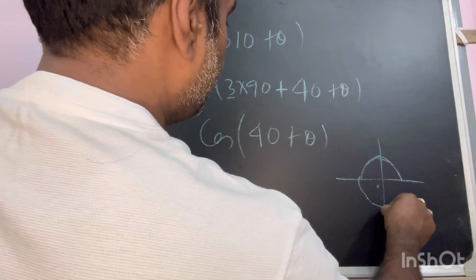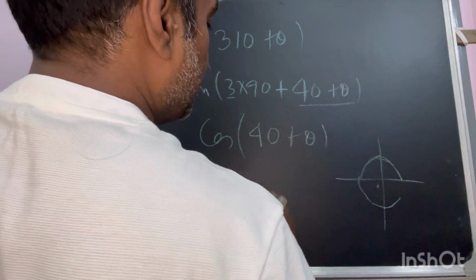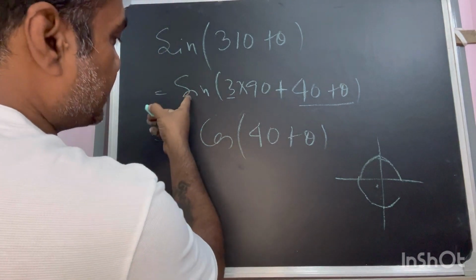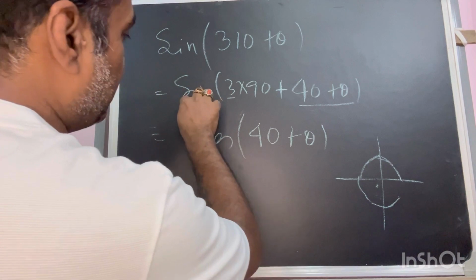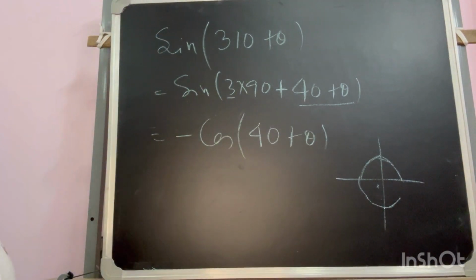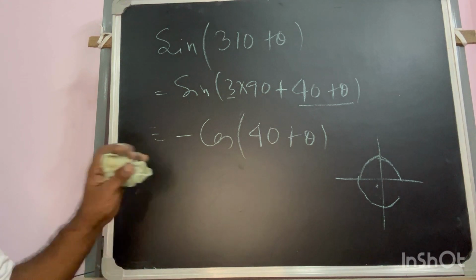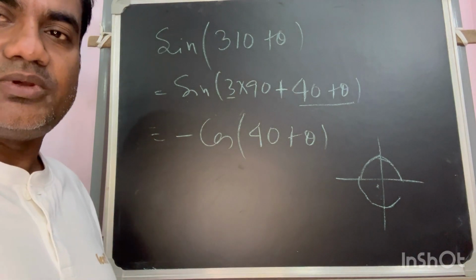270 is there, it is finishing here. Now further it is going to the fourth coordinate with this angle. So it is the fourth coordinate, the ratio will be cos due to that odd, and in the fourth coordinate the sign is what, negative, so it will come with a negative sign. So this is the case where you have to think this way. Okay,